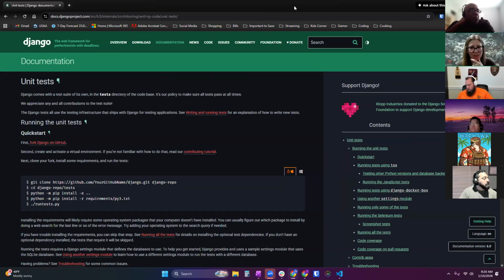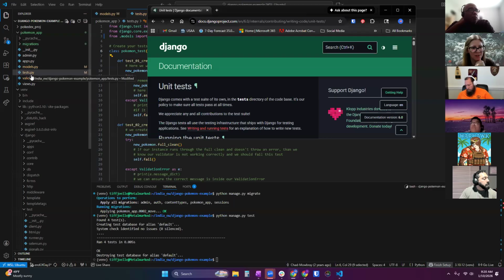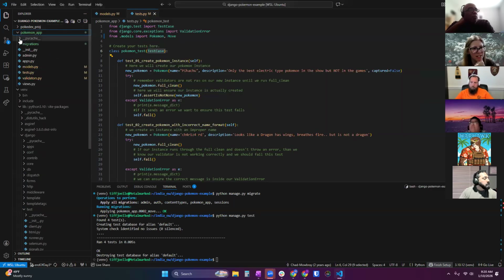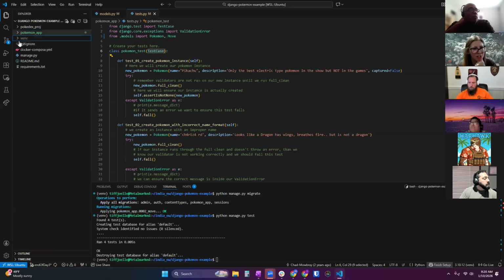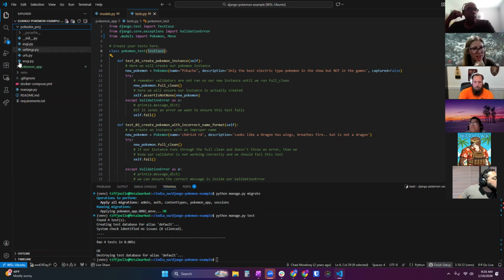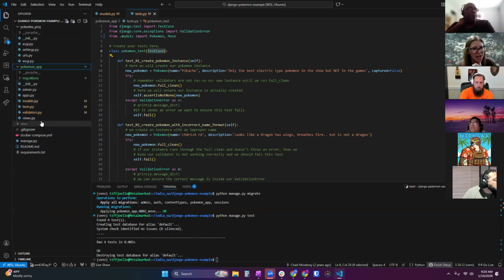And like I said, it's built to understand that anything within a tests.py file, I don't even think it has to be within the application, like the app. I think it just has to be, that's the logical place to put it. I probably wouldn't have a test file just sitting at the same level at the base directory, but it's designed to look for anything that says tests.py and run those tests.